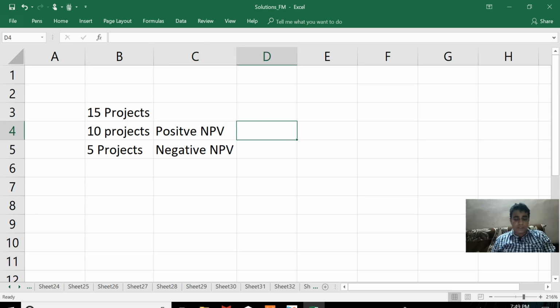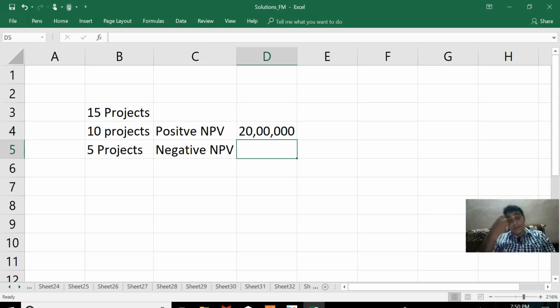So these 10 projects put together need 20 lakh rupees. Now the availability of money is only 15 lakhs. If I have only 15 lakhs and I need 20 lakhs, it means I do not have adequate money to meet this expense. Then what am I required to do? I will have to go through a process by which I pick and choose the projects. The issue now is I don't have adequate money to meet all the 10 projects. Within these 10 projects, which one to accept and which one to reject is basically something called capital